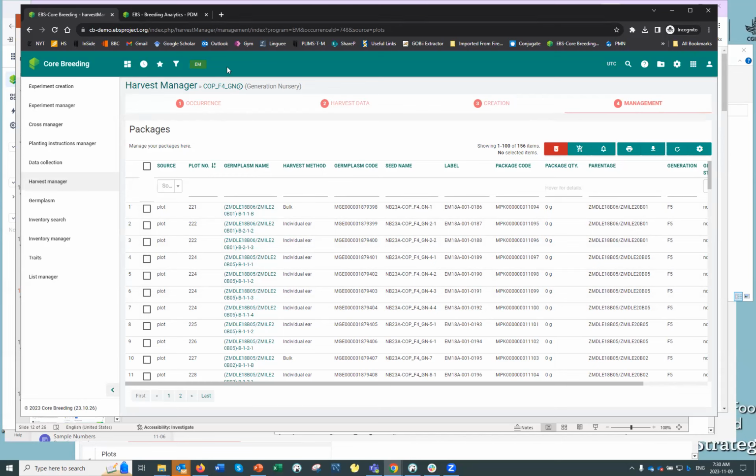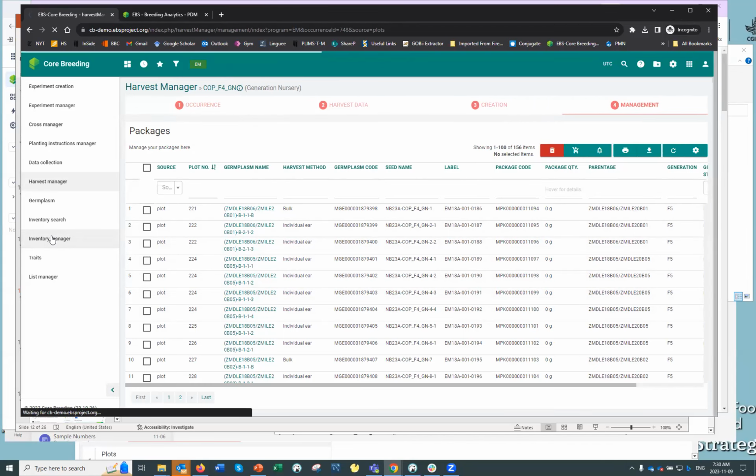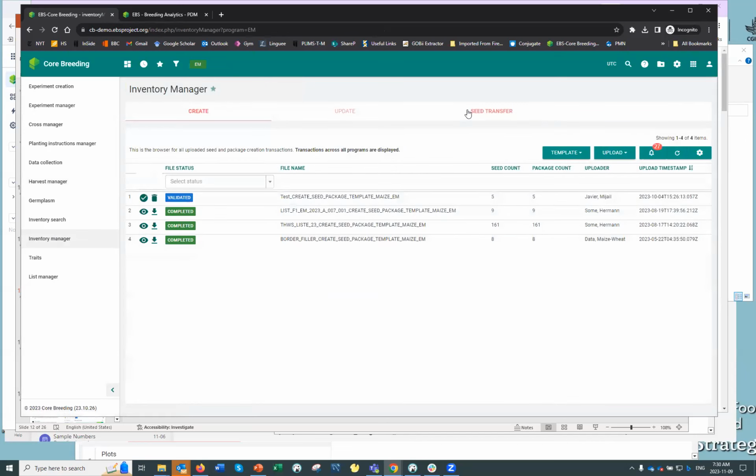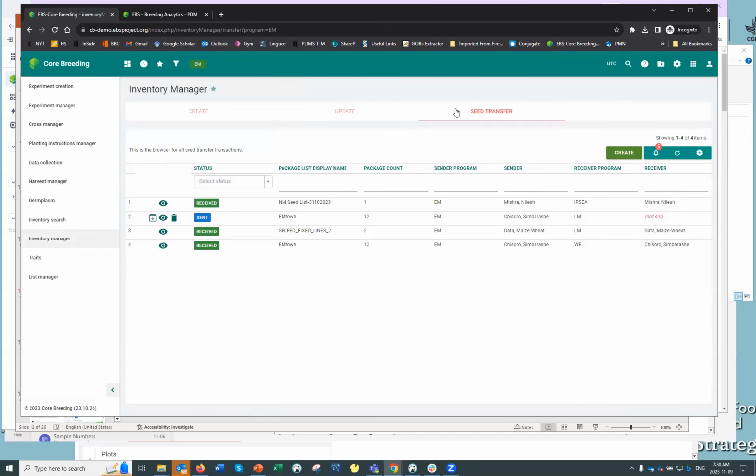And another important feature of the EBS is that it really does facilitate germplasm sharing between different programs that can be within or potentially across institutions. For example, after harvesting materials, a user can save a list, and then through the Inventory Manager tool, if the user wanted to share some or all of that seed with another program, they can set up what's called a seed transfer, where they can share packages from one program, for example, the early maturity maize, to another program within the system.